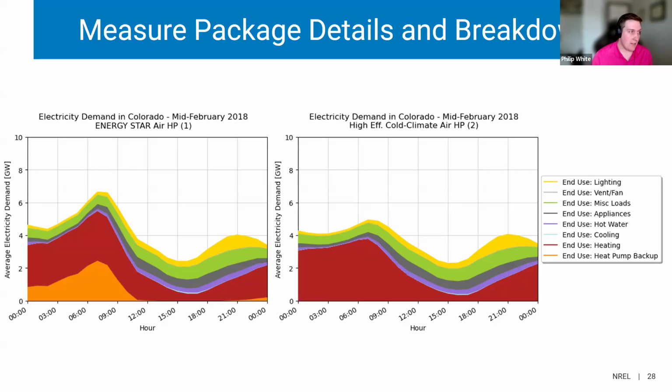If you wanted accurate to your geography, say you're looking at Denver, Denver Mountain Daylight Time compared to Eastern Standard Time would be, what would that be? Probably 1 hour, I think, difference. So you probably want to shift your x-axis by an hour to see when that peak actually happens in the